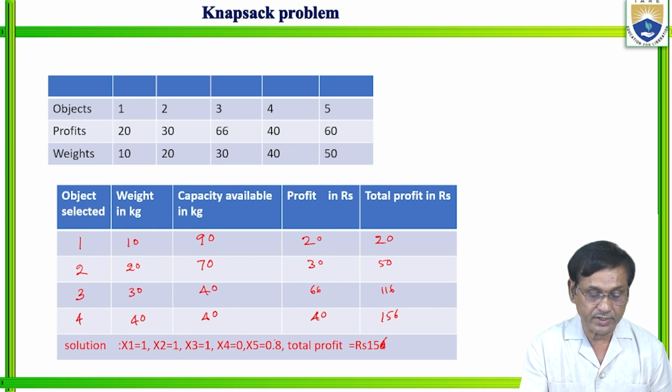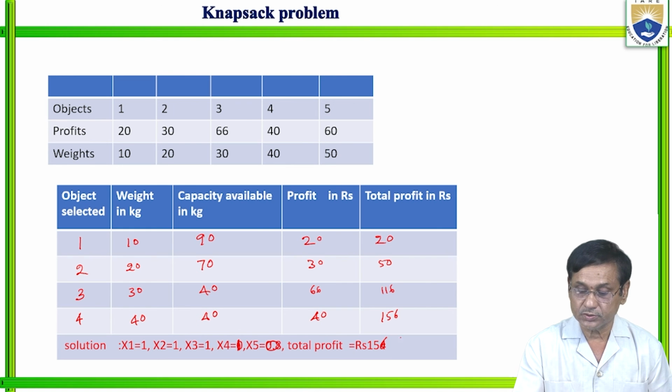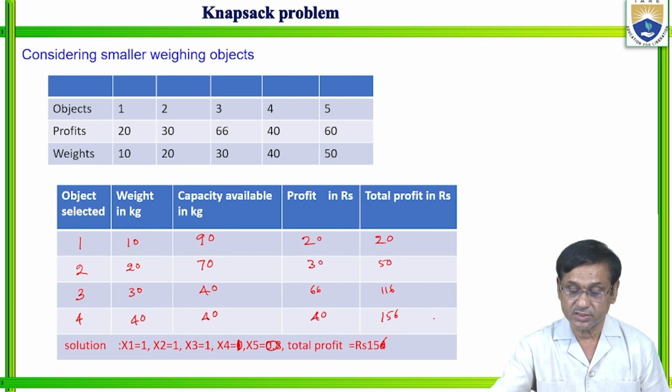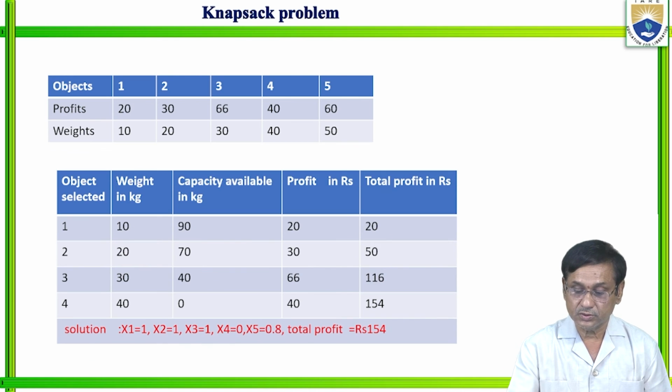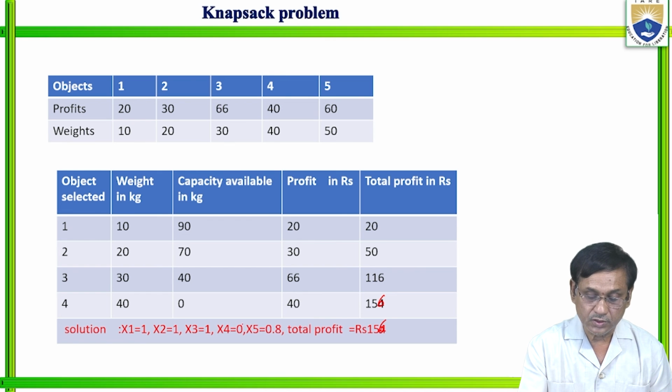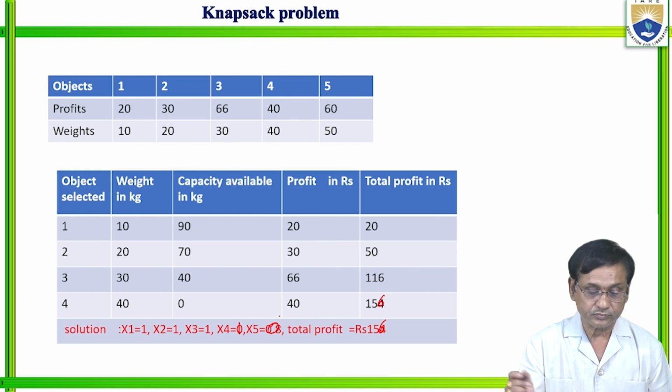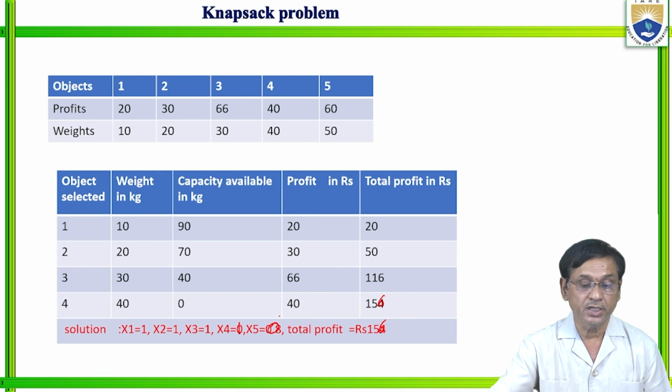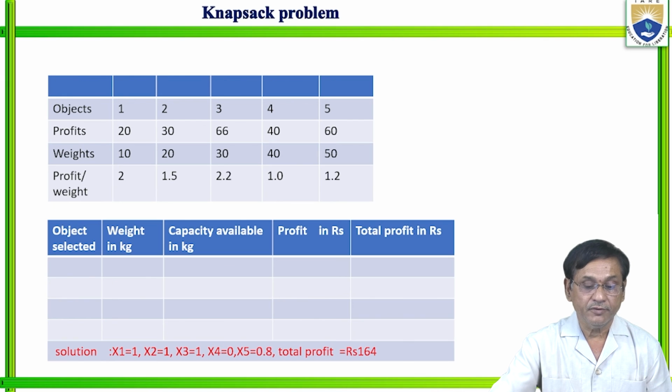So that x5 is 0. x4 is equal to 1. So the profit is 156. 40 we are utilizing. 40 means 156. So x4 is 1, x5 is 0. This is the solution for this. Next